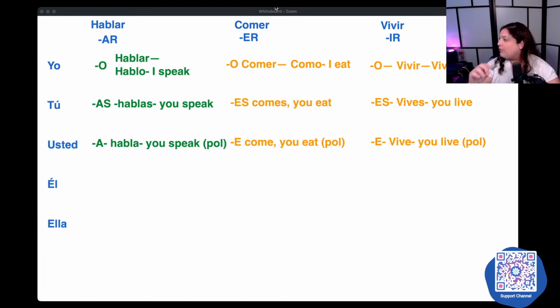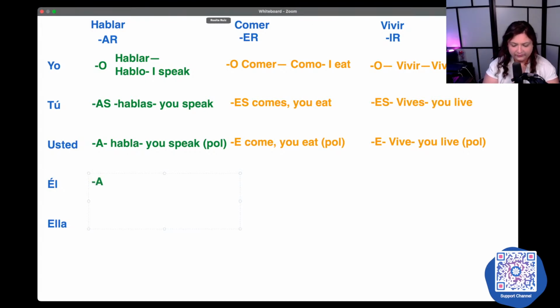Let's just do two more here. Let me grab the green here. So here for AR verbs, we have a. So for an example, habla, which means he speaks, or she speaks. Hold the phone.